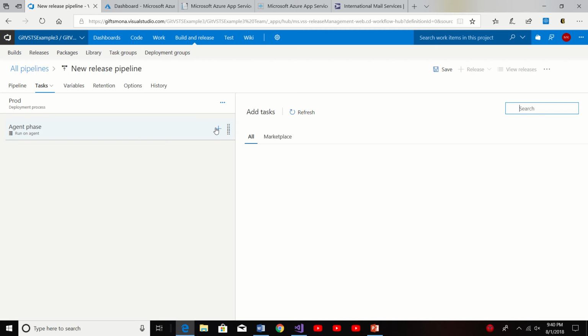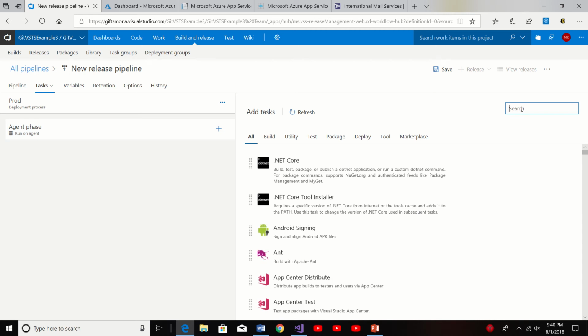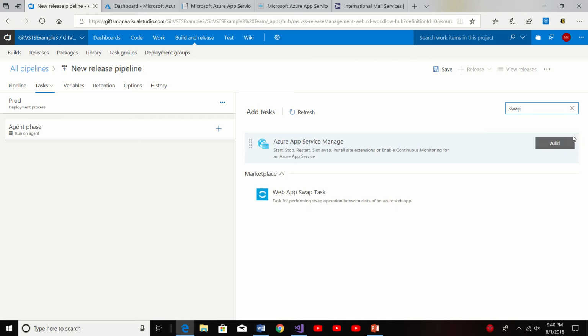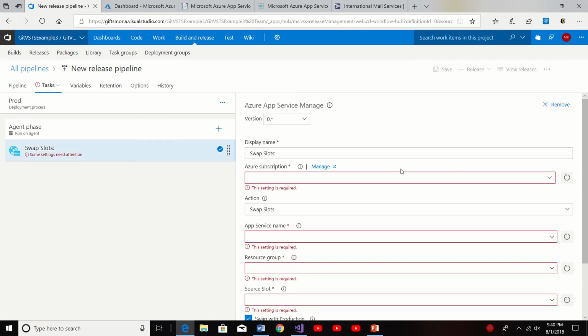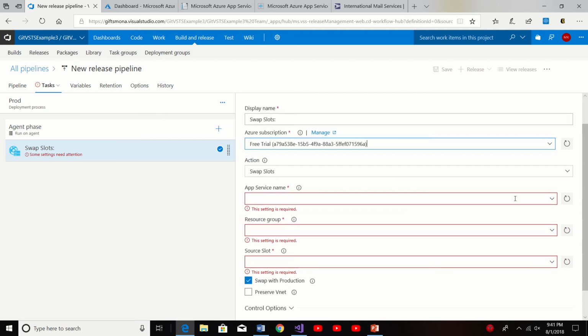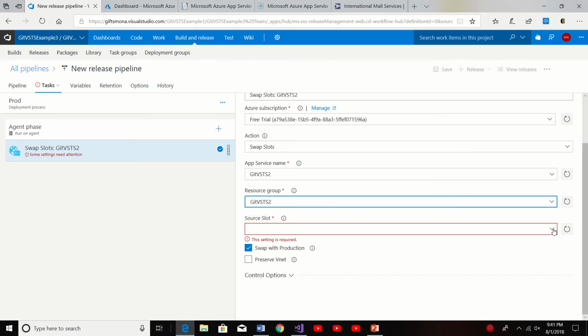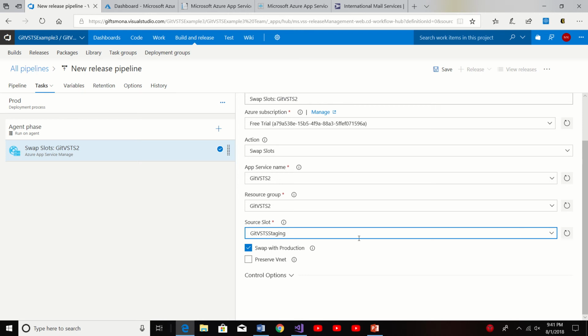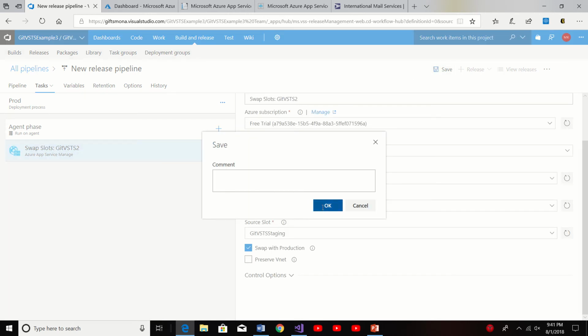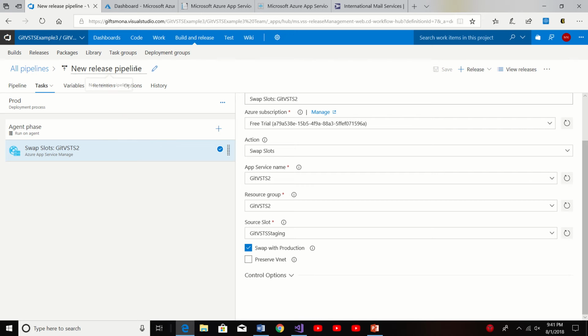Here I would like to swap the slots because it's already in the staging environment. So I just need to swap the slots, select this one, and it's going to ask subscription, slot, app name. It's git vsts2, and git vsts2 source is staging one, select the staging. So that's it, just save it. And here I need to change the name as well, it is prod cd. So select save it